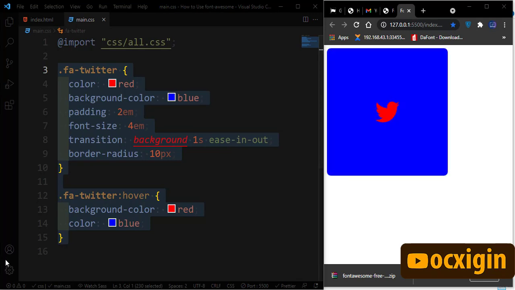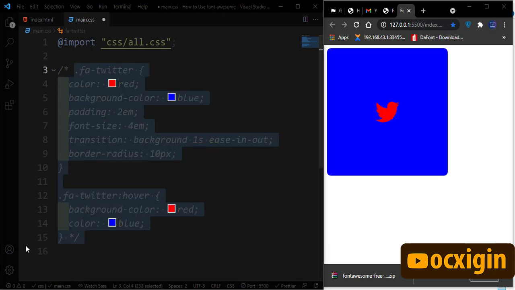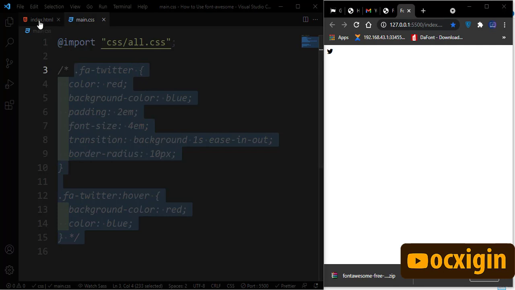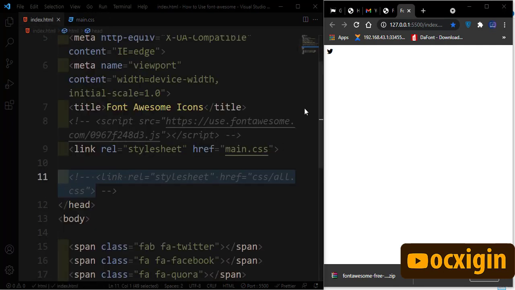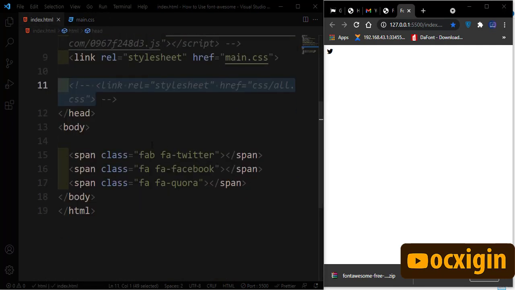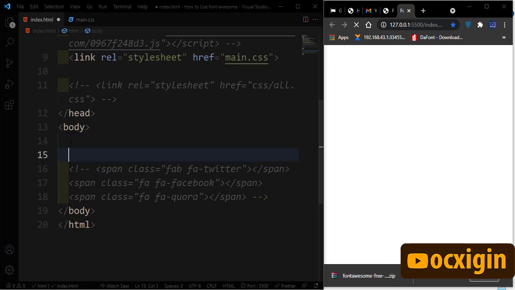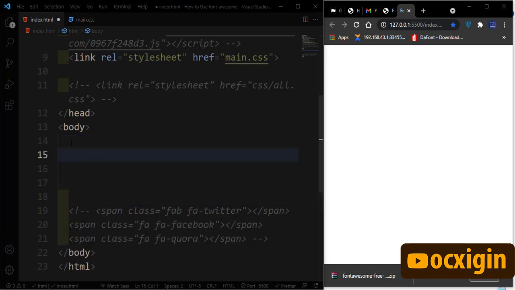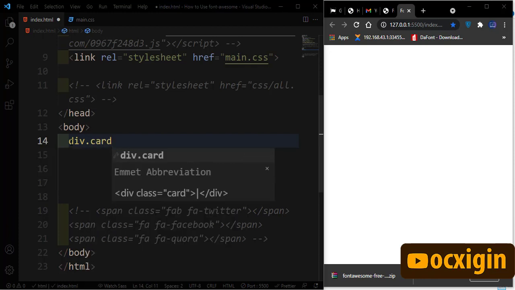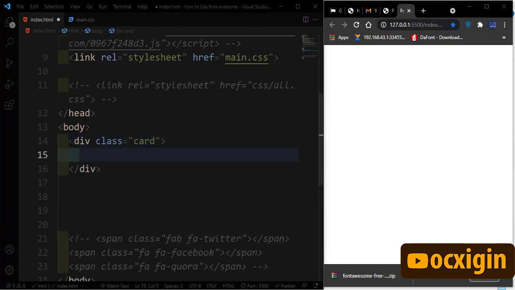So let me take this away because I need other things to do. Now I'm going to delete this Facebook and Quora. I'm just going to go ahead and uncomment this now. So let's see what we can do. I'm going to create a div of card. I'll say div with card. Inside this div, I'll create